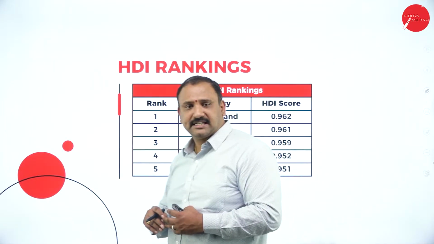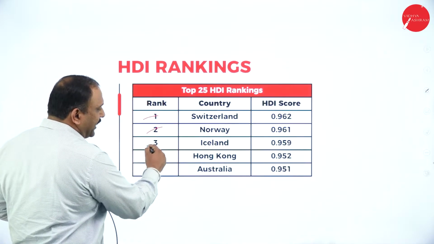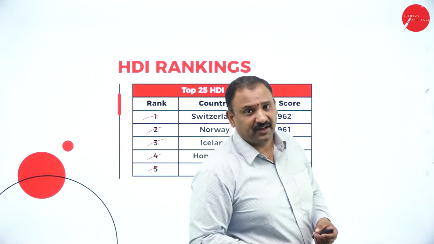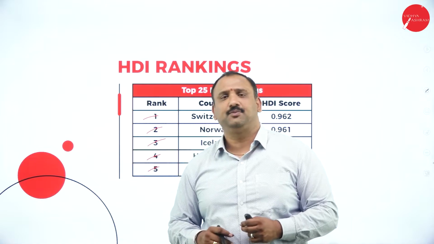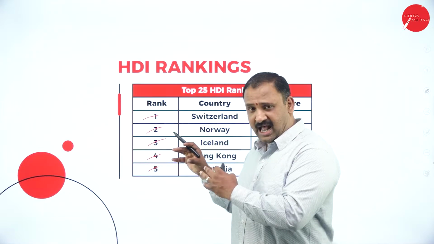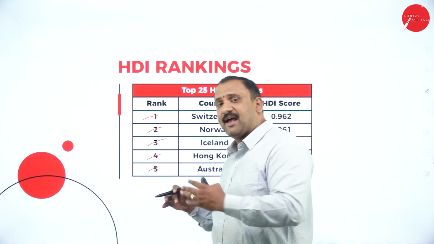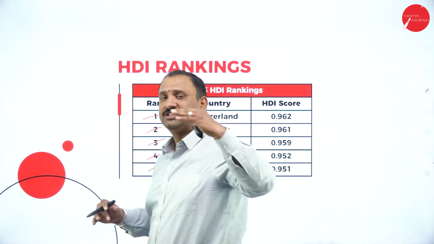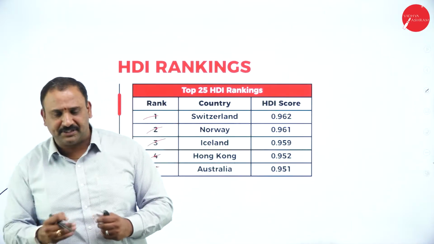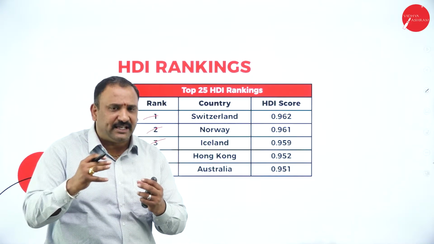Now, the HDI rankings, let's go to understand the rankings here. If you see here, Switzerland, Norway, Iceland, Hong Kong, Australia all have been in the top 5 in terms of living. In fact, recently I would like to say the Netherlands has also been on the top, and Austria is also there on the top. All these countries have been able to develop and go further. The reason is that they have been able to give a very good standard of living to their citizens, followed by higher per capita income. Their purchasing power parity is also very good. Plus, the schooling and health system, everything is in place.